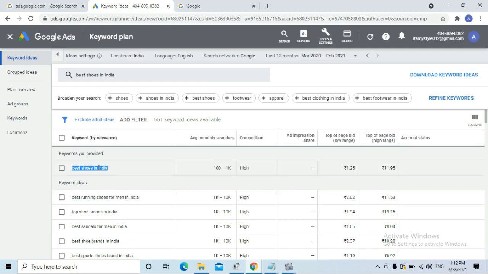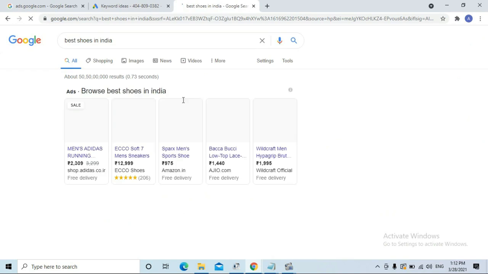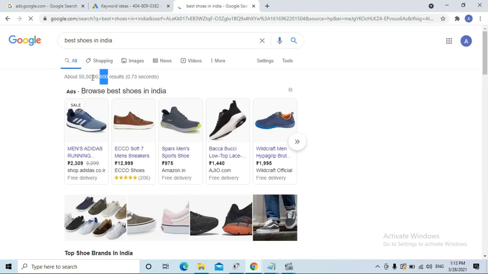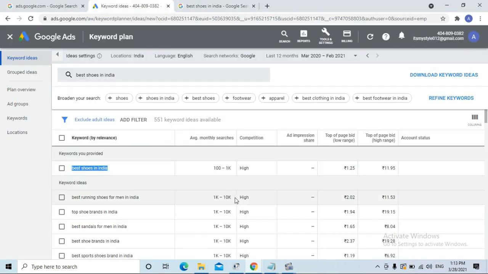Now, how are you going to determine how many people are competing on this keyword? You have to go back to Google and paste the keyword here. Once you paste the keyword, you can see some results here. It's a lot of numbers. So you just have to type here. These are the competitors. Okay, 50,000 people, and on this keyword, which is best running shoes for men in India,